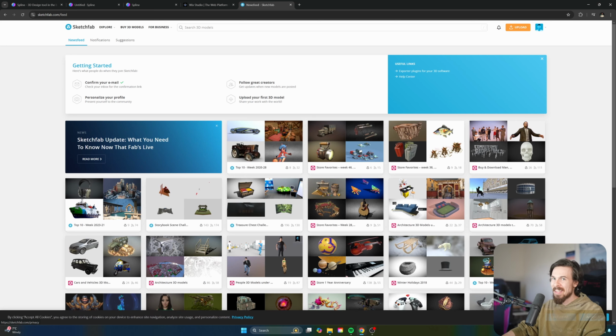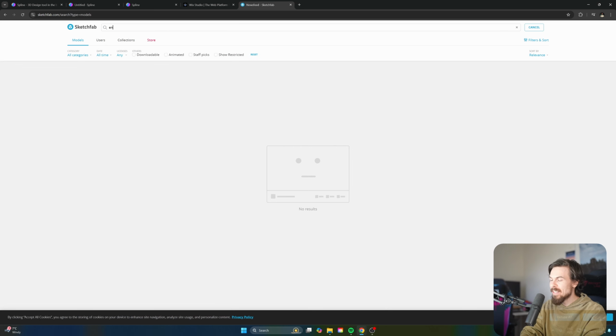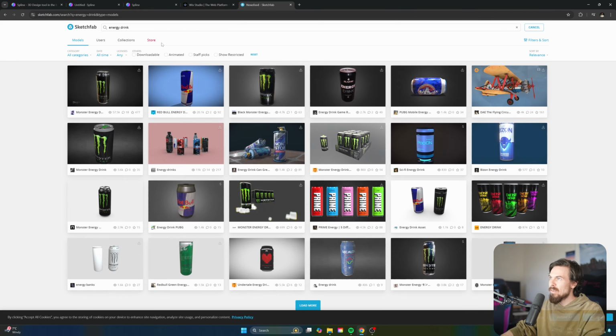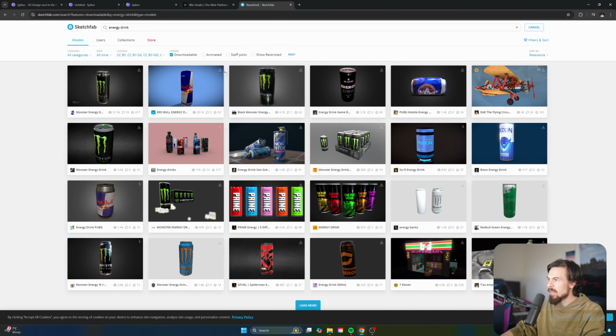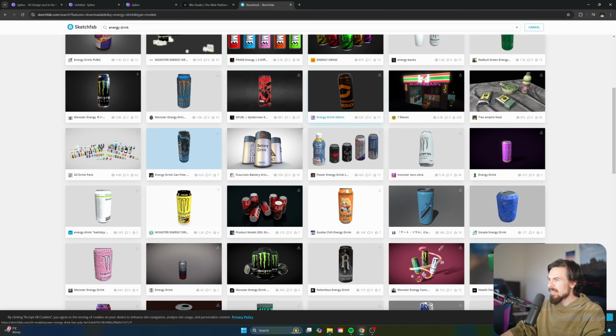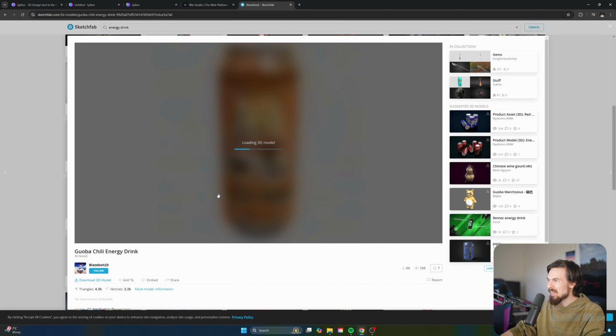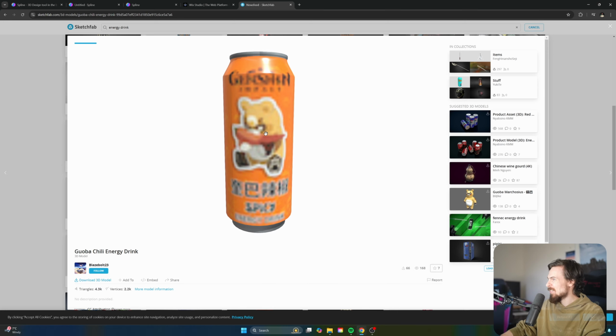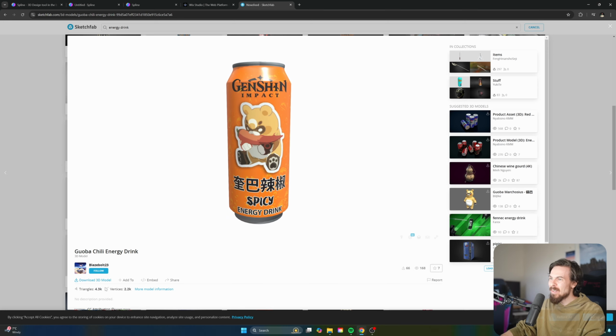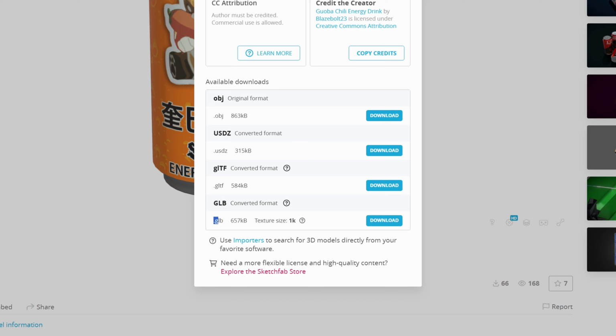To get access to the can, I just went on Sketchfab and searched energy drink, and make sure you click the downloadable button here, and you can scroll through. They have a couple of basic ones here, but I really like this one called Genshin Chili Energy. That design looks sick to me. You can just go here to the bottom and hit download, and you want to make sure to get